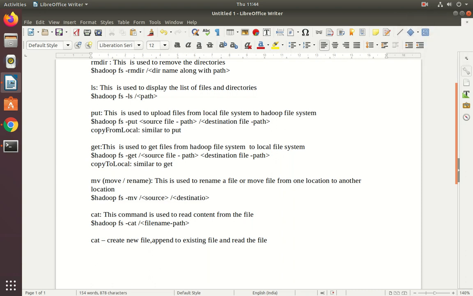See, the next command is moveFromLocal. This command is used to move a file from the local file system to the Hadoop file system.